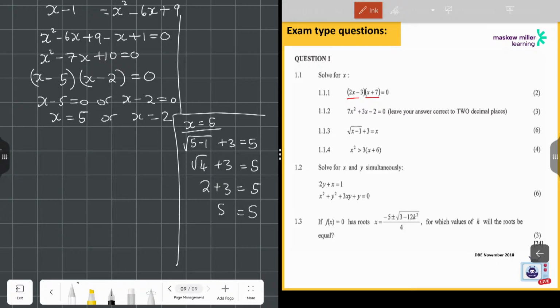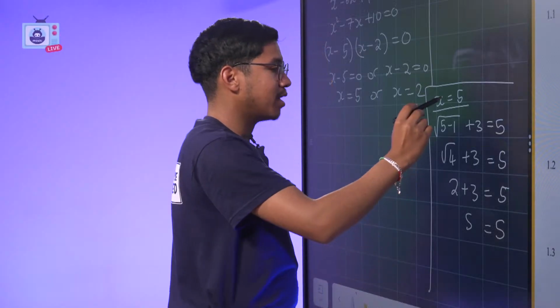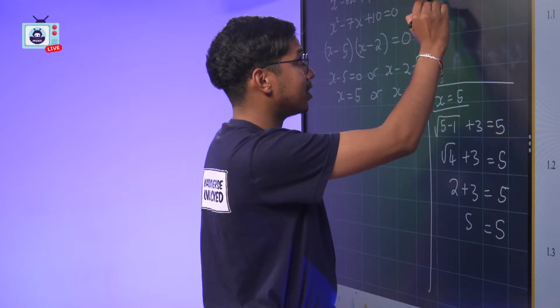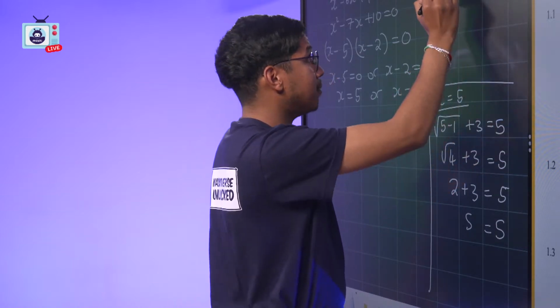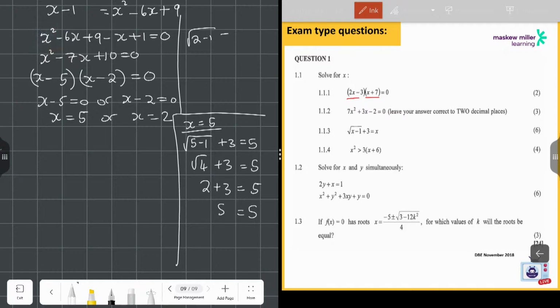If I'm going to check 2, if I'm going to substitute 2, I know it won't work already, but let me check it, right? So if I put 2 in place of x, I will have 2 minus 1 plus 3 is equal to, x is what now? 2. So 2 minus 1 is just the square root of 1 plus 3 is equal to 2. Square root of 1 is just 1, plus 3 equals 2. 1 plus 3 is 4. Is 4 and 2 the same number? No, it is not. So it means that 2 cannot be a solution to this equation, and therefore